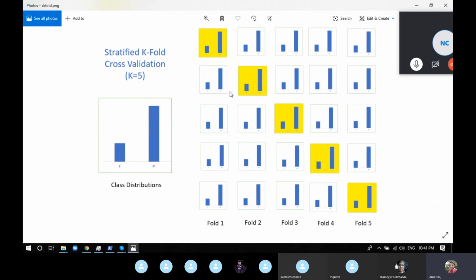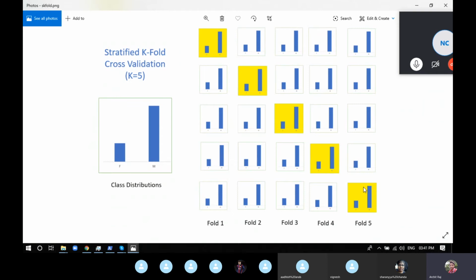Now, what is class distribution? In the example I've given, your data set has 50 male and 50 female, so there's a 50-50 male and female percentage. In k-fold, we make the first fold, and everything is only male. The second one, everything is only male. The third one, finally divided. Fourth, everything is female. Fifth, everything is female, because of the clustering of the data.